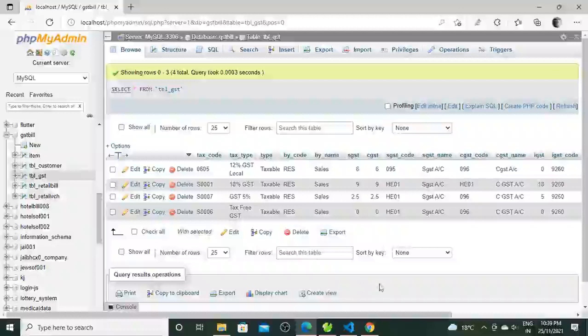Is it taxable or is it not taxable? Is zero taxable GST? So we need to define the GST type in one table. That is why I designed this table for the